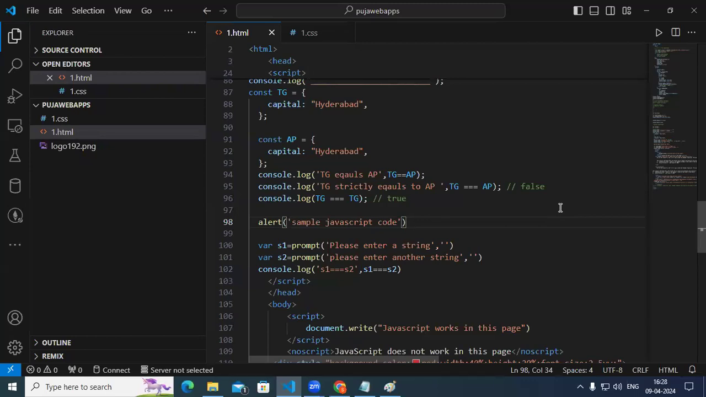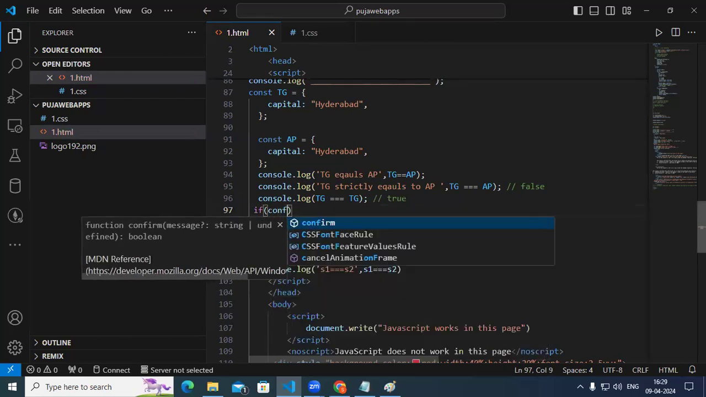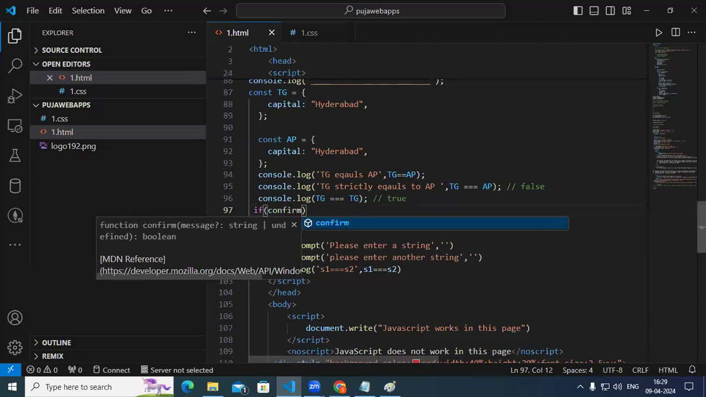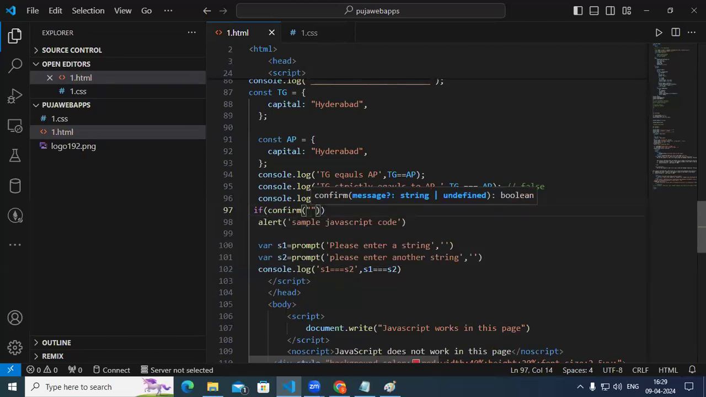So this is alert, simple JavaScript code. Here, I want to go with some confirm. In the confirmation, when we say yes, in that case the sample alert can be shown, otherwise we don't show the alert. So we are going to write in this manner: if confirm, do you want to